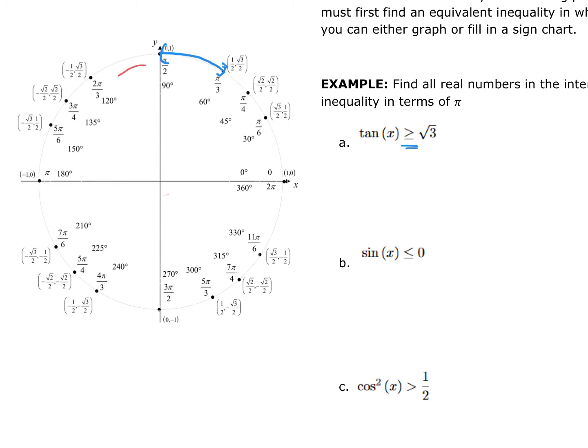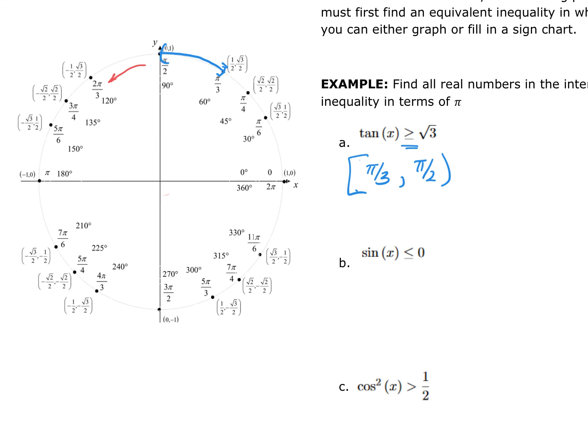Once I get into this quadrant, my tangents will be negative numbers. So my first solution is when we are at pi over 3 inclusive,